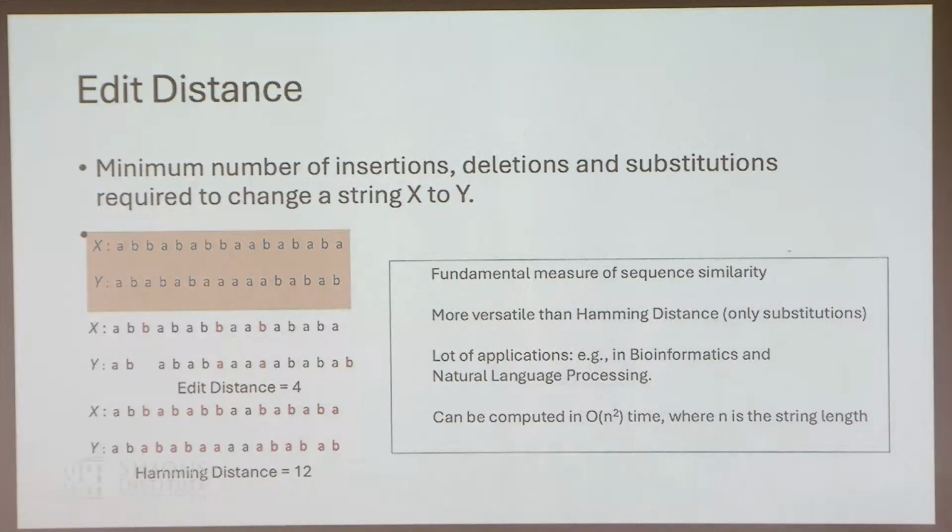So with 4 edits, you can convert X to Y. So the edit distance is 4. You could have done Hamming distance as well, but Hamming distance only allows substitutions. So the Hamming distance between X and Y would have been 12. So edit distance is more versatile than Hamming distance because Hamming distance allows substitutions, edit distance allows insertion, deletion,